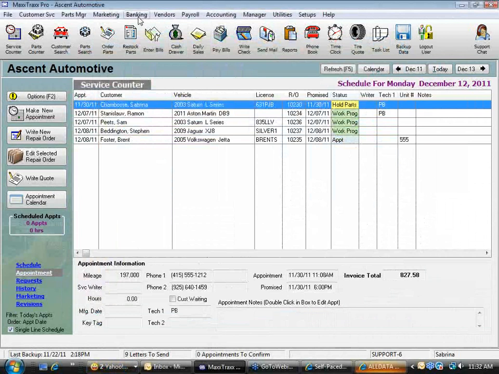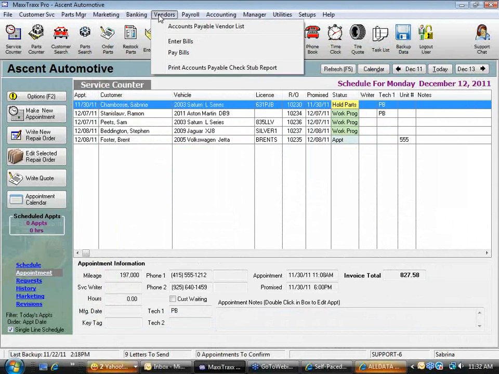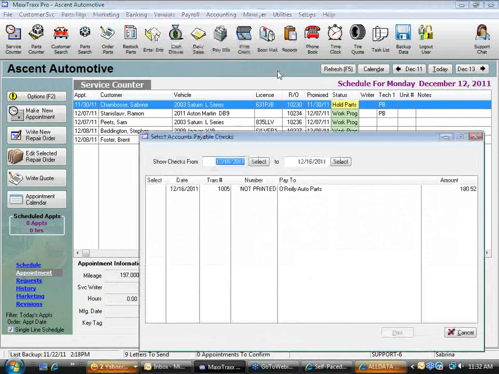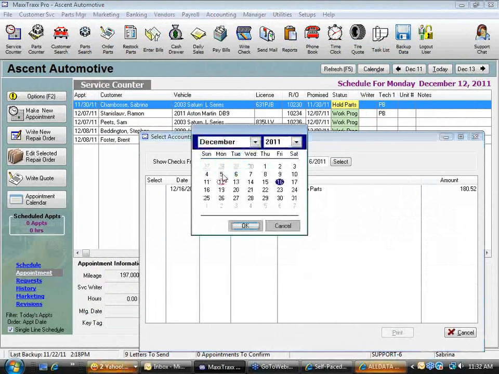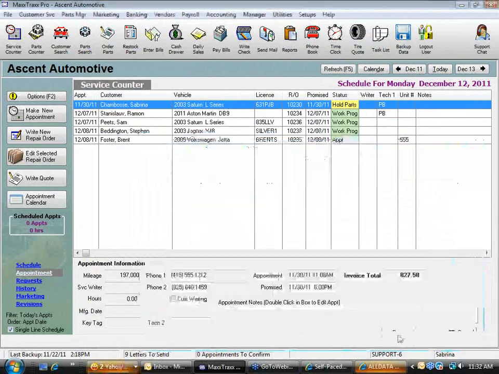Go up to banking. Where is that feature? Here it is, under vendors: Print accounts payable check stub report. Let's just not show checks from today. Okay, there's Napa. So if I select and I hit print,